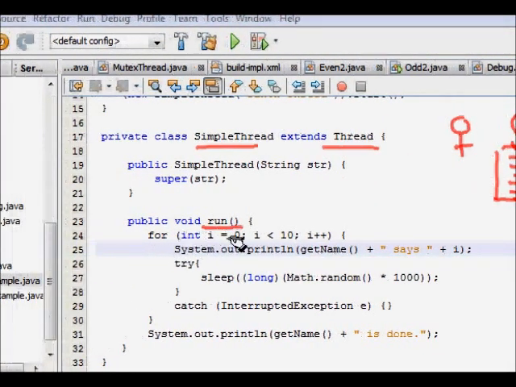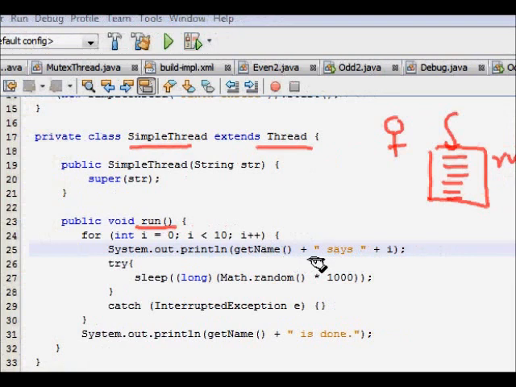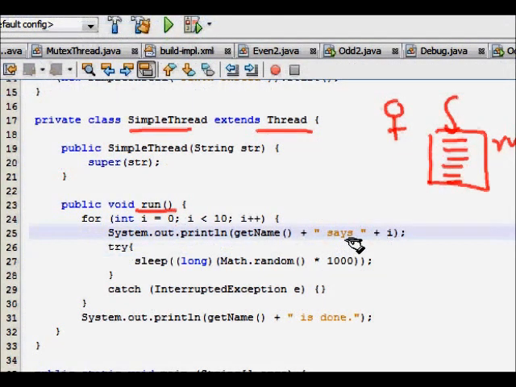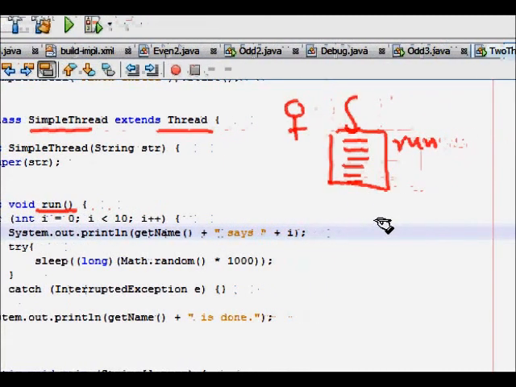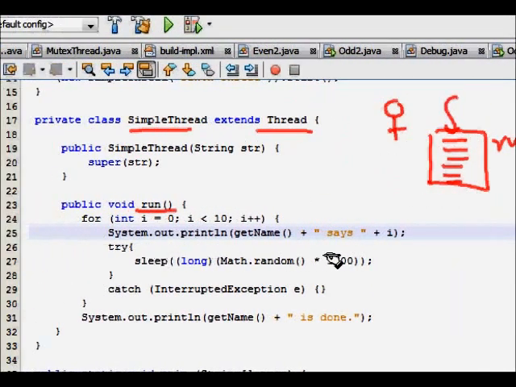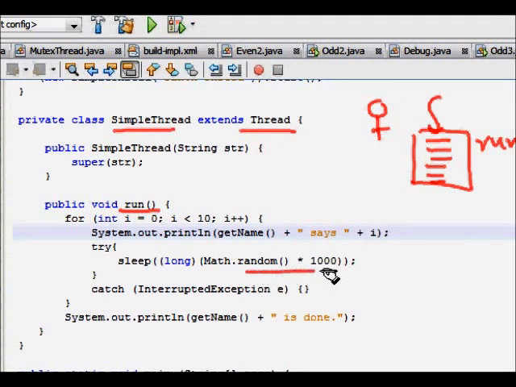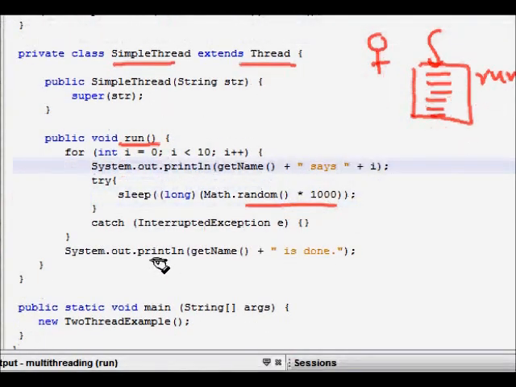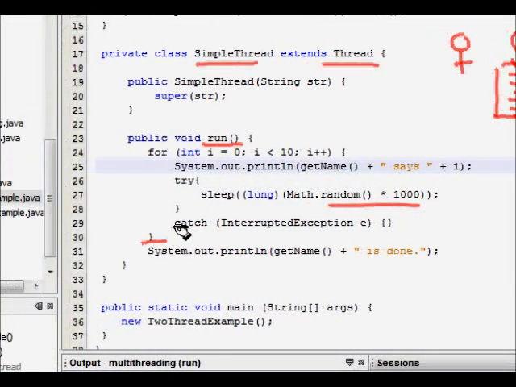It is simple. For i equal to 0 to 10, we print the thread name, and then the counter for that particular thread. Then the thread sleeps for some random amount of time, and after it has printed everything, it says it is done.